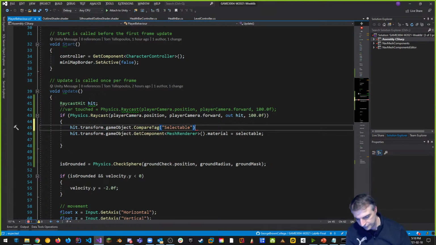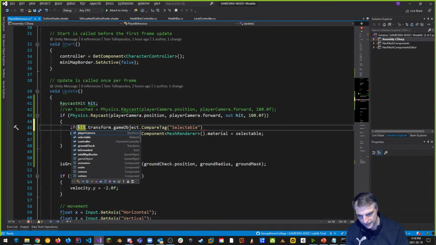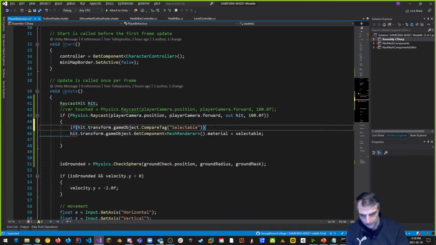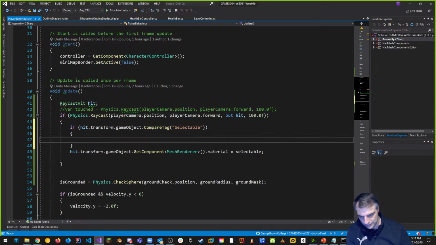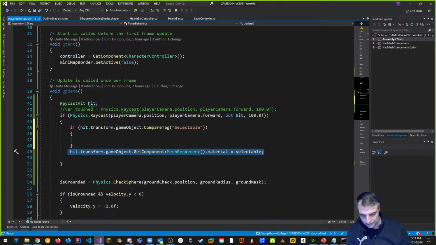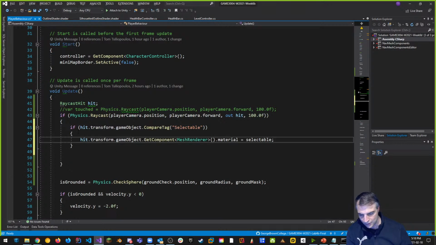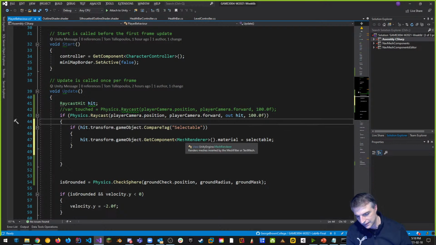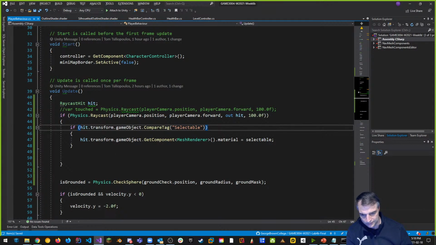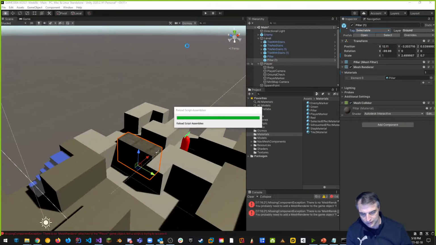If that's true. And again, you can also arrange for you not to do this. So if it's a hit and if the transform game object is selectable, only then do we want to swap out the material. So I can hold on to this object. I can create a variable for this, so I don't have to re-search, because this is like selecting it again, like actually getting this material again and again, right? So if I do this, just by this little check here, now it's only going to select the